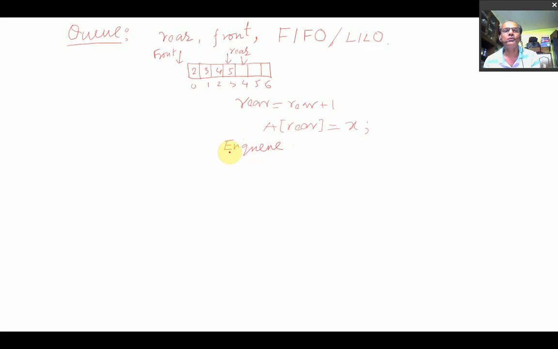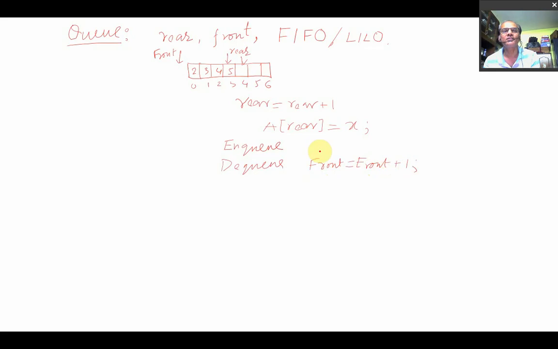NQ. And if you want to delete one item from the front, at the other end, the name of this operation is DQ, the delete operation, and it can be done by front equal to front plus 1.